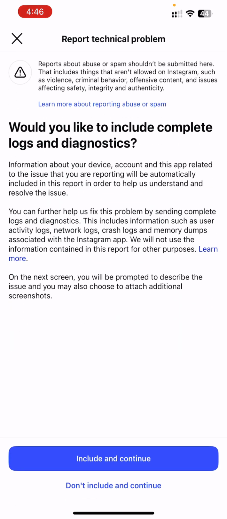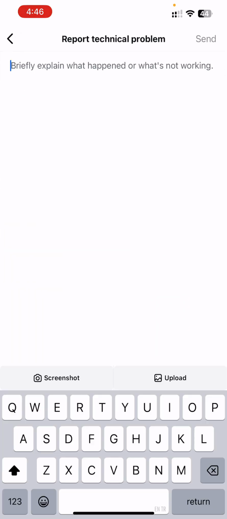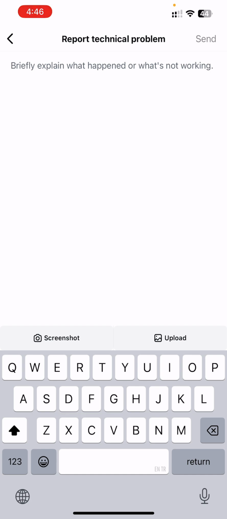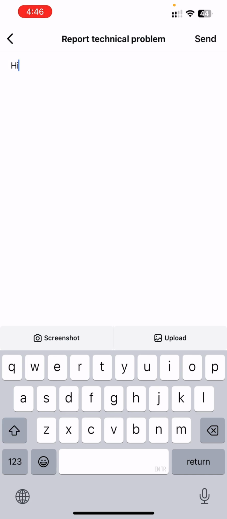Report a problem without shaking. Here you can tap on don't include and continue. And here you have to write exactly the same thing that I'm writing. So you have to write here, hi Instagram team, I want to know the people